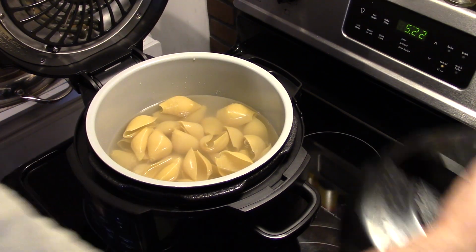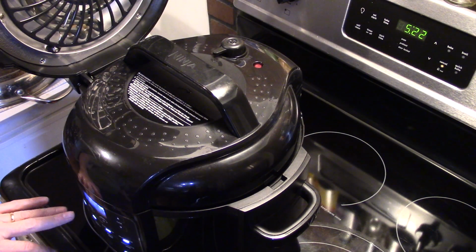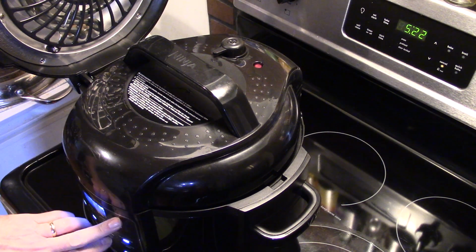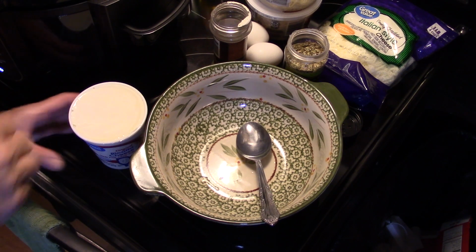And I'm going to put my pressure cooker lid on here. Set it to seal. I'm going to set this to pressure cook for 5 minutes. After the 5 minutes are up, I'm going to do a quick release of the pressure. Alright guys, while I'm waiting for my shells to pressure cook, we're going to make the stuffing for the